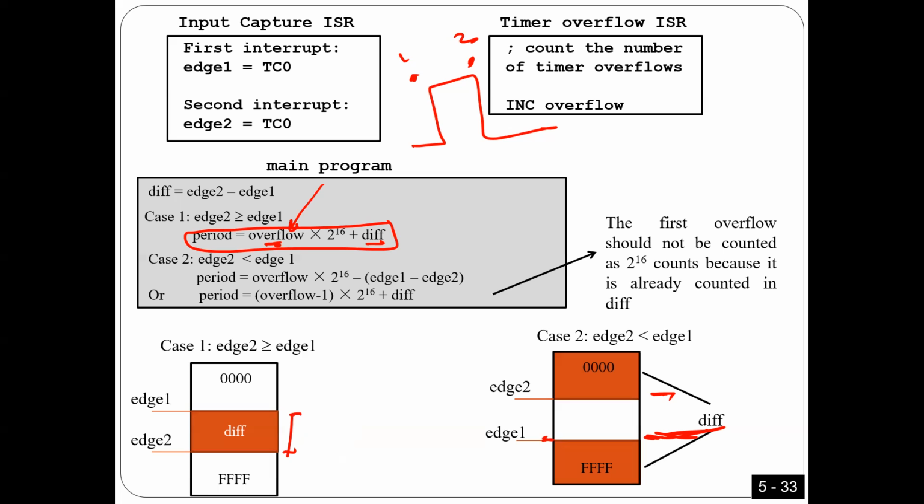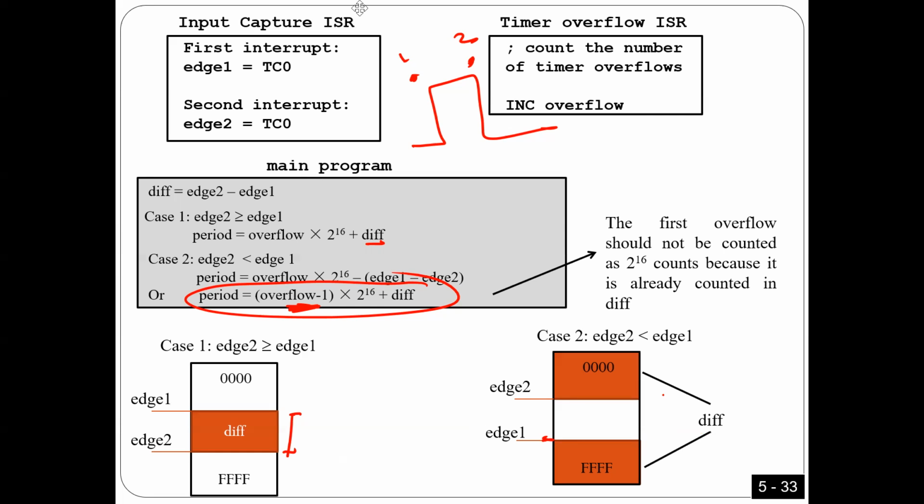Plus the difference. However, in case H1 is greater than H2, in this case, it has to be overflow minus 1. It's the same equation here. Look, it's the same equation, but this one is overflow minus 1. Why? Because the first overflow should not be counted. I'm going to tell you why. Because what happened is that,